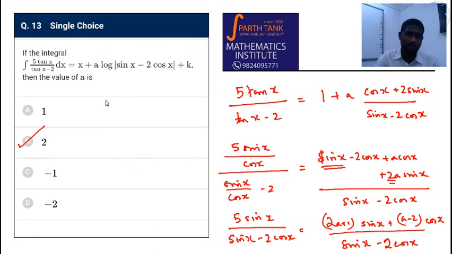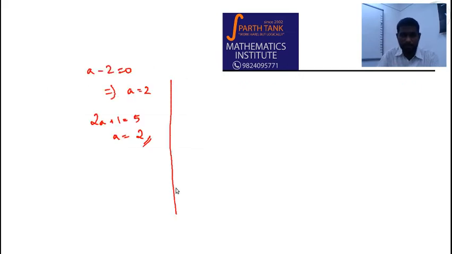Now you can also integrate the whole thing, the left hand side, and get to the right hand side and then show that the value of a is indeed 2. That would be a bit lengthy, and I suggest you do it this way. If you need to know how to integrate this for a general purpose, come to this form and let me show you quickly how to do that. This is just an extra, not part of the problem.